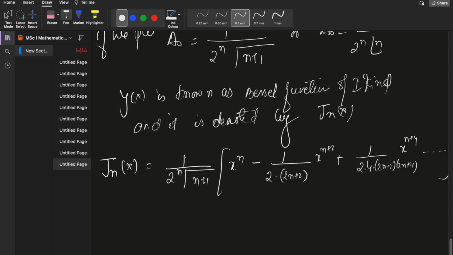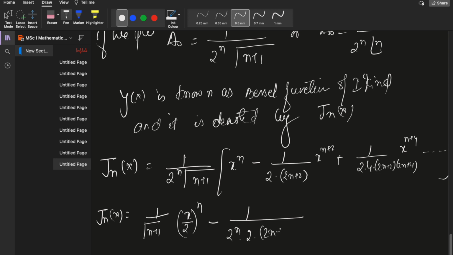I can multiply gamma n plus 1 inside 2 to the power n also. So just multiply this inside. So we will have Jn(x) equals 1 upon gamma n plus 1 times x upon 2 to the power n, the power n is same, so we can write it as x upon 2 to the power n minus 1 upon 2 to the power n into 2 to the power n plus 2 gamma n plus 1 x to the power n plus 2. All right,